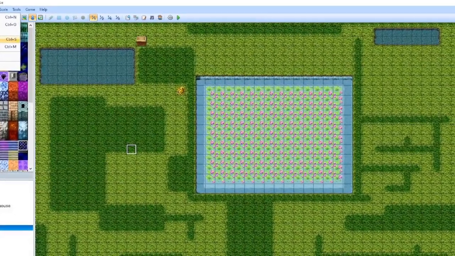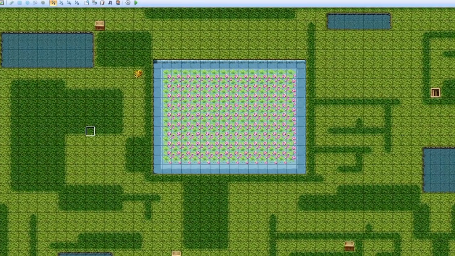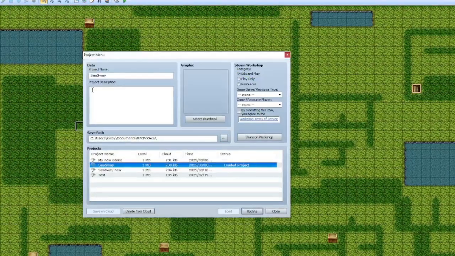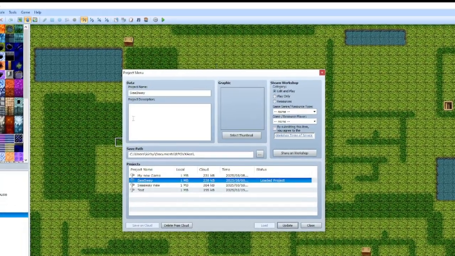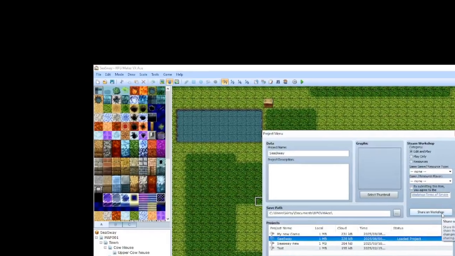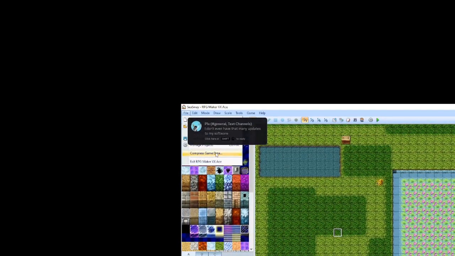Save Project. Very nice. Always make sure you do this before you start playtesting. Otherwise, things can go sideways. Manage Projects. Yeah, you can add your data, your project description, thumbnail. This stuff is how you can get it all nice and tasty on the workshop. Now, Compressing Game Data. I haven't touched this because this one right here is how you can actually get